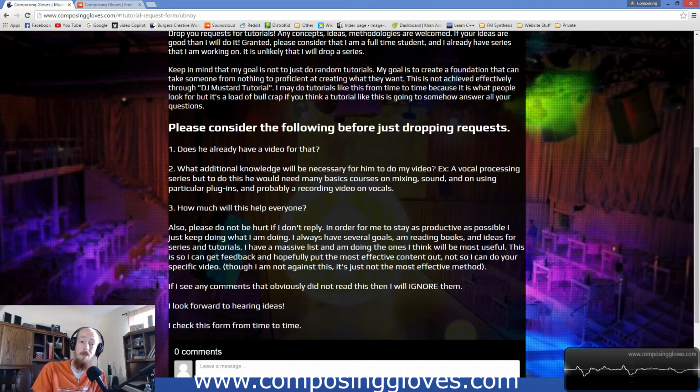And I have a Learn FM Synthesis series that will get you from point A to point B, because there's no way you can teach FM8 and Learn FM Synthesis as one. They're two separate things. Even though one seems like the other, FM synthesis is a whole branch of synthesis, and FM8's a plugin that can do that branch of synthesis. So we need a separate series for that. I did that. That one took a while because there was a lot of additional research and reading, and the math was pretty far out there. I haven't taken multivariable calculus yet. I'm working towards that.